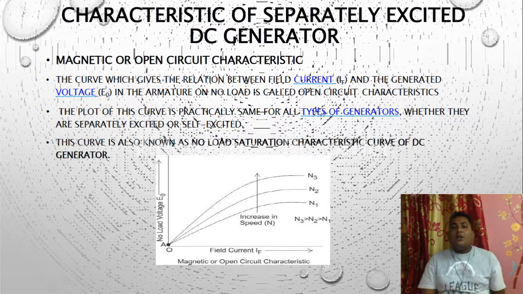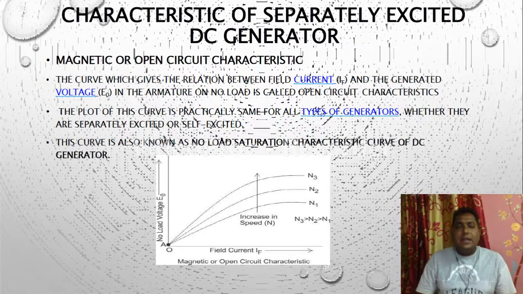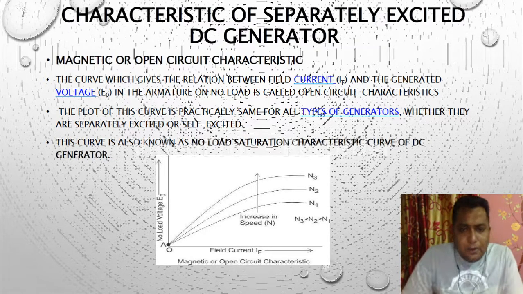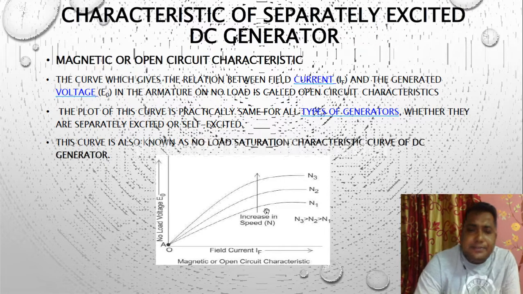We cannot think like that if we are continuously increasing field current, the terminal voltage is going to be increased to an infinite level. It depends upon up to which value the voltage will increase. That depends on what quality of conductor or winding we have used in the DC generator rotor section. Okay, so this is the characteristics. Started from 0, after some extent it will be increased, and after that it is going to be steady in the saturation zone.